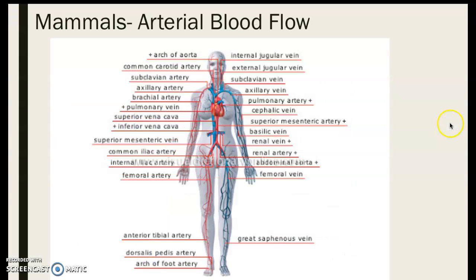For the arterial blood flow, which matches very closely to the venous blood flow to ensure that oxygen can be replaced and removed from these tissues,